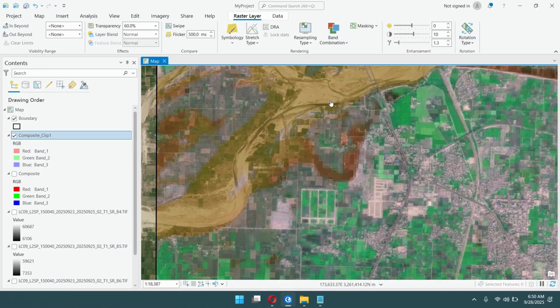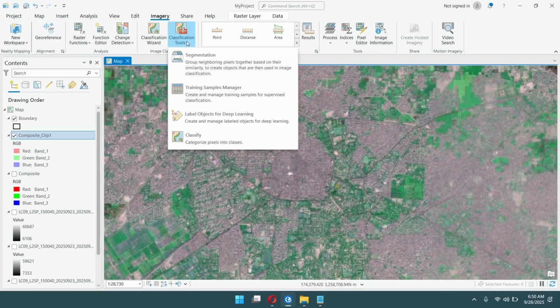As we can go here in classification tools. After all of this, we are gonna go to the training sample. In training sample, we simply have to go to classification tools, select training samples. Now here you can see there are some pre-built layers here: water, developed, barren, forest, shrubland, herbaceous, planted, whatever, different. But for the sake of this video, I'm gonna just